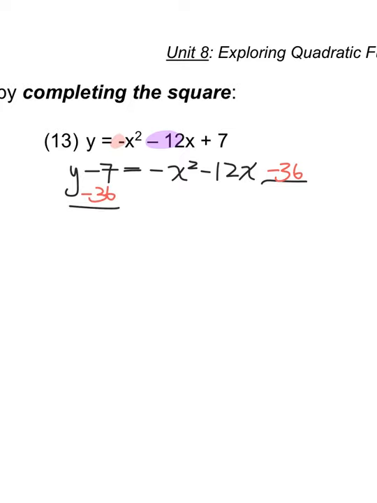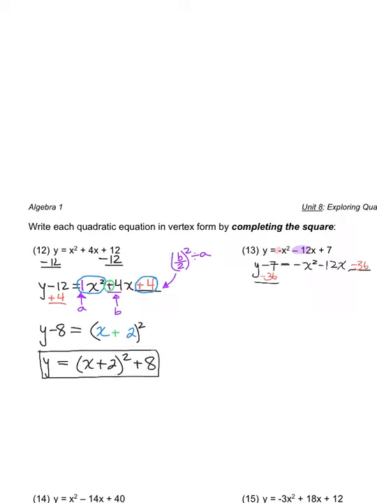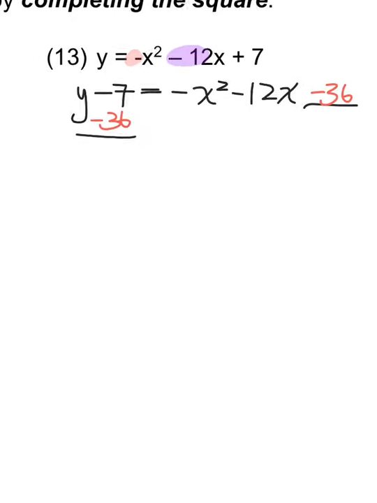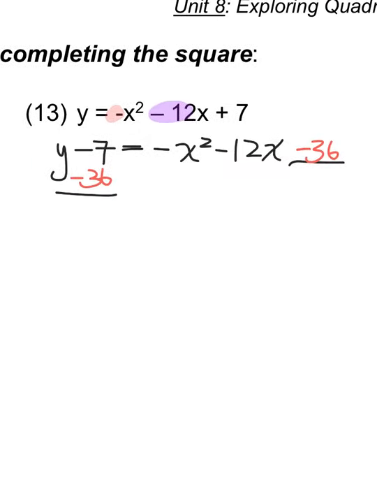All right, so again, same technique. We're using that b over 2 squared divided by a. Nothing new here. It's just now we have an a value that's not a positive 1. So we have to account for that. So I'm going to factor that out. Negative 1 becomes a leading coefficient, x squared plus 12x plus 36,